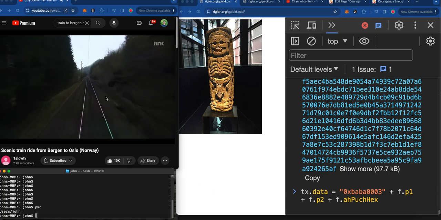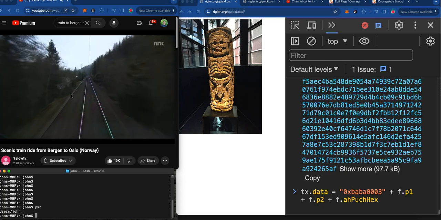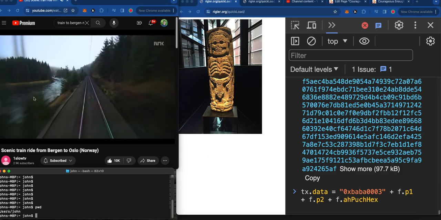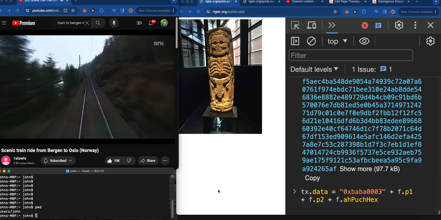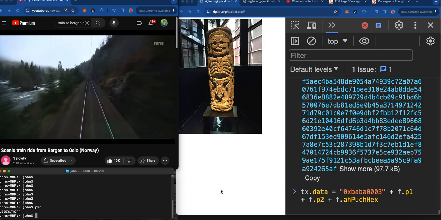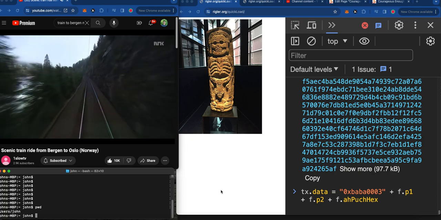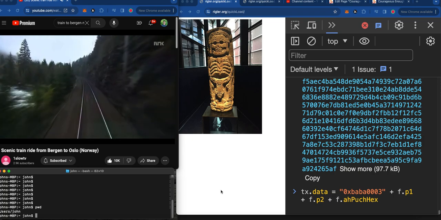So, you can just watch the train. Sometimes it makes noise, people talk. There's a little bell that goes off when you hit a station, something like that. So, anyway,